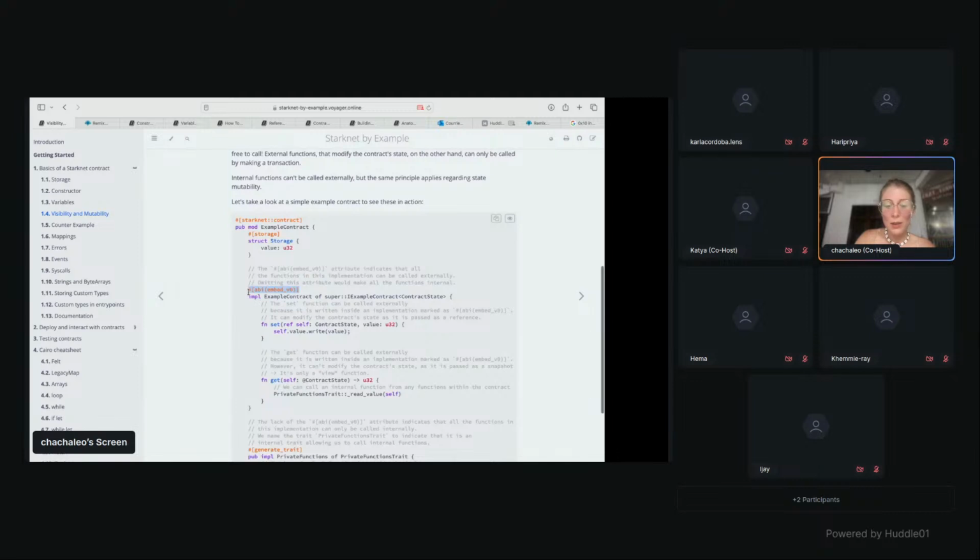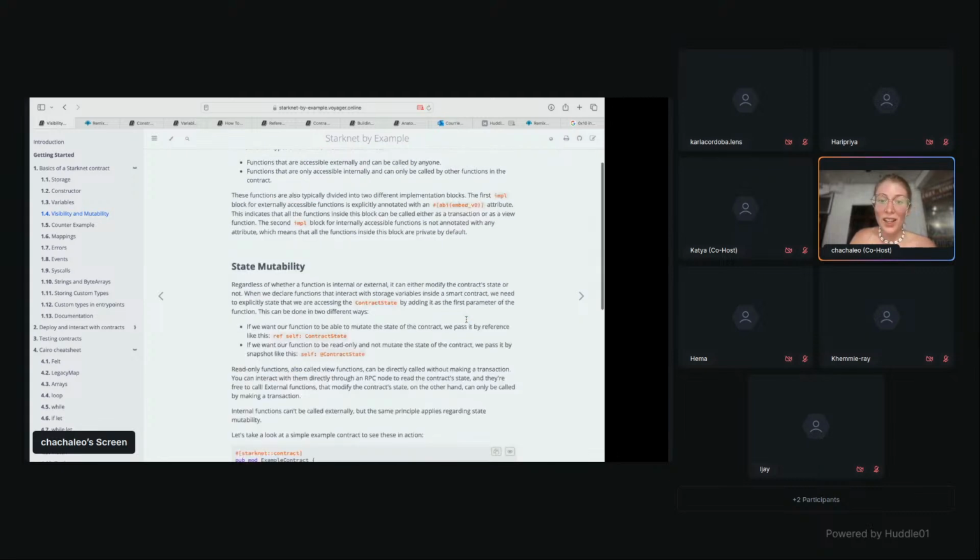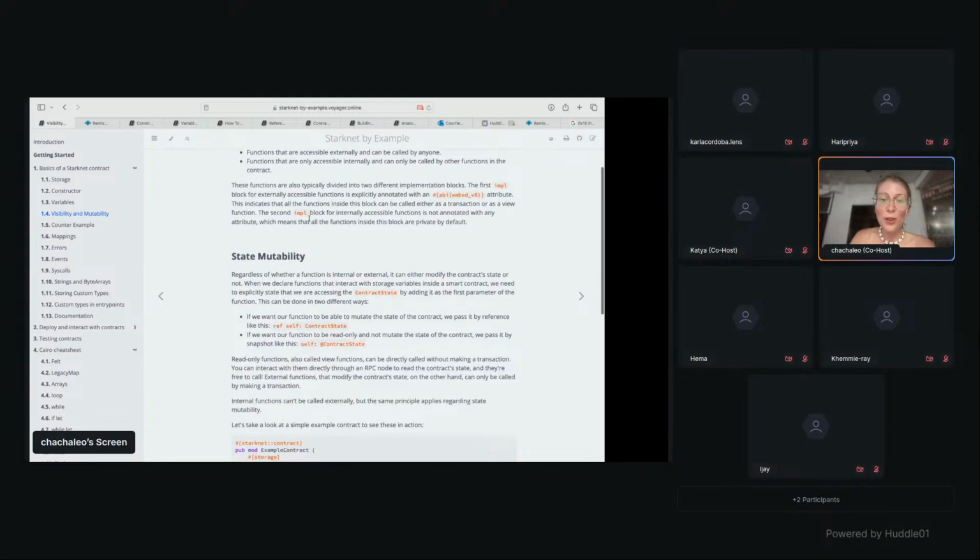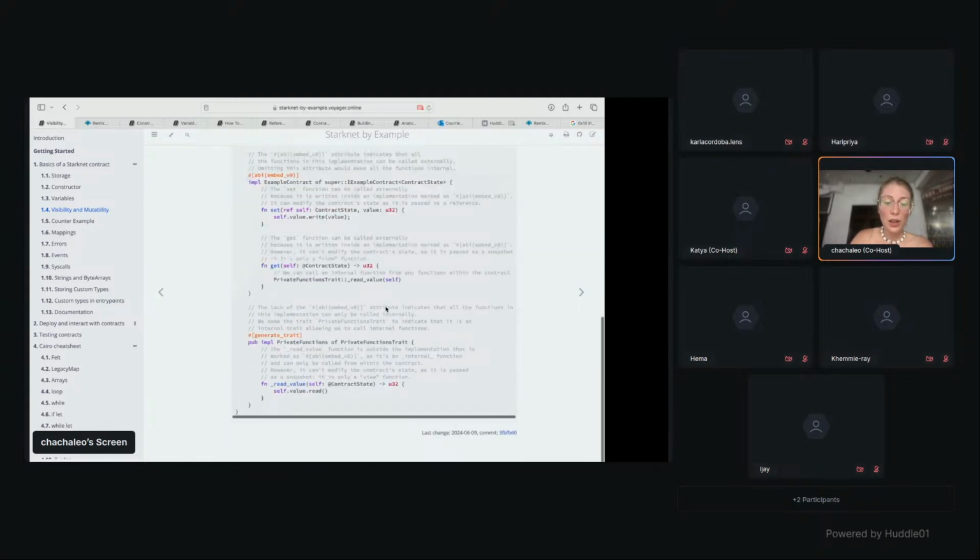This will mean that this implementation block is public functions. And then the functions that are only internally accessible, so private, are defined without any